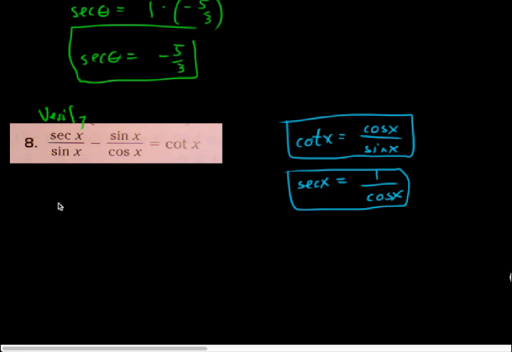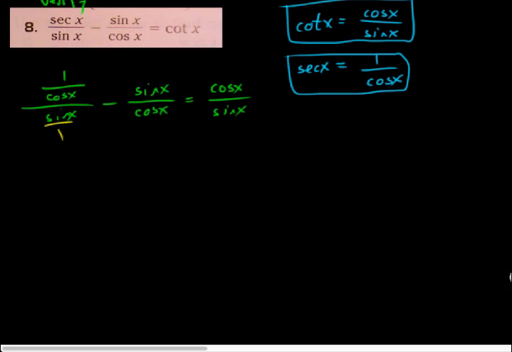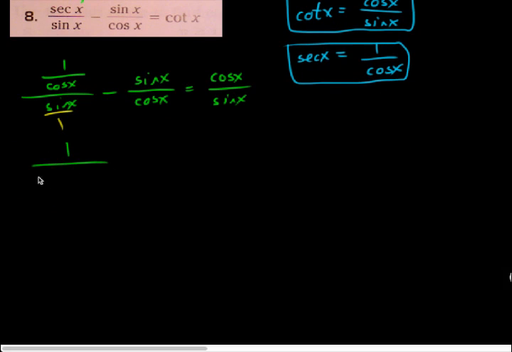And this is a common tactic for these types of problems, rewriting the expressions all in terms of sine or cosine. It's not always going to be helpful, but in this case I think it might be a little bit. And then I can do some fraction work over here. This is a stack of fractions again, so I could multiply the numerator by the reciprocal of the denominator, and I would end up with 1 over sin x cos x minus sin x cos x